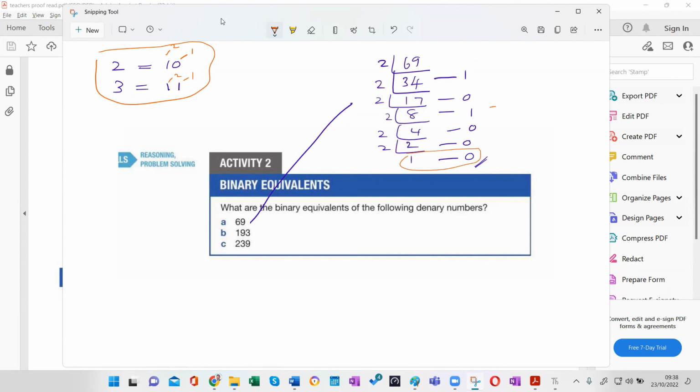Now how do you write the answer? Bottom to top. That's 1, 3 zeros, 1 0 1. 1 0 0 0 1 0 1. That's the answer. Now if you use the second method,